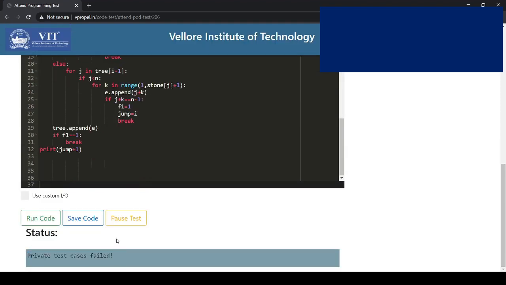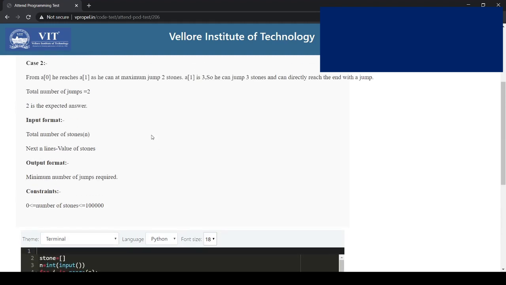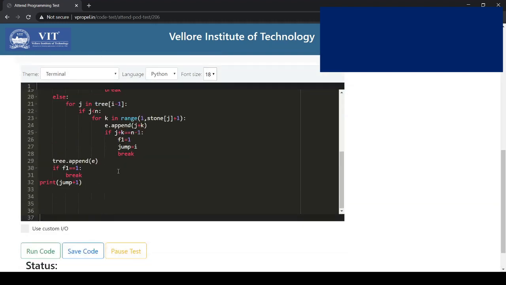The private test case failed over here because of a small trick which is given for the question, that the number of stones can be till 100,000, and it can also be 0. If there are 0 stones, our actual index is over jump.